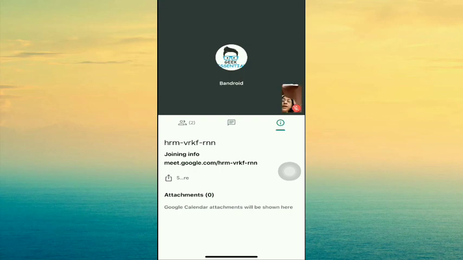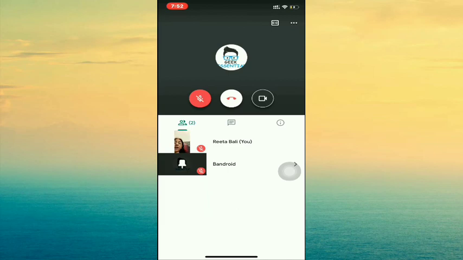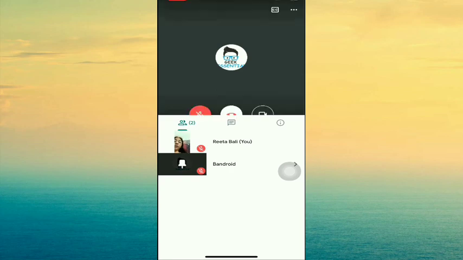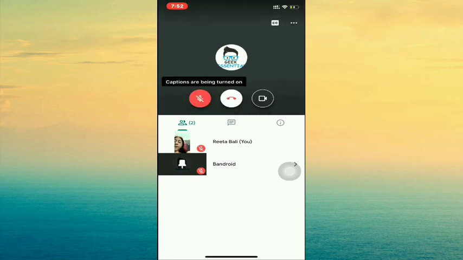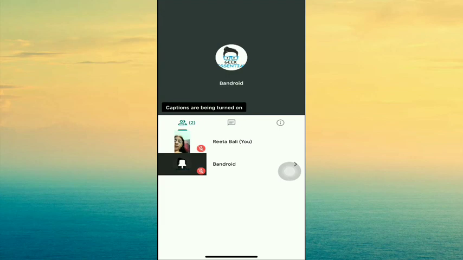After then, if you click on your screen, you can find this CC and these 3 dots. CC means whatever you are speaking, it will be written at the bottom, and you can see it if your audio is not clear.